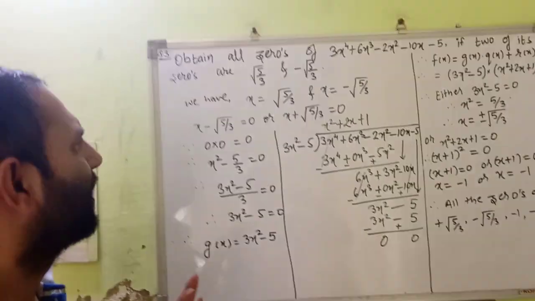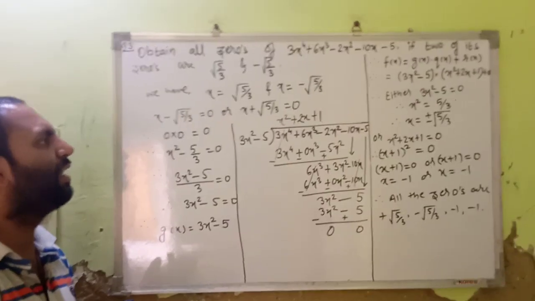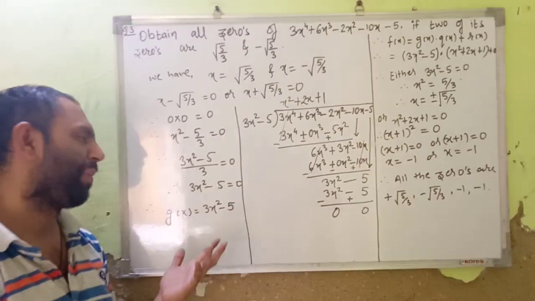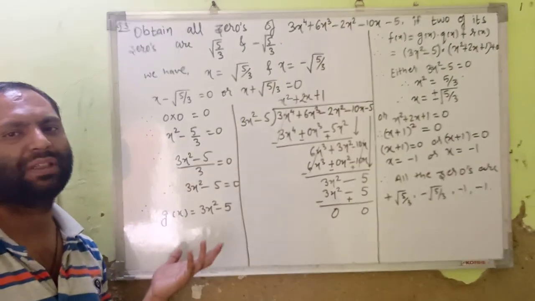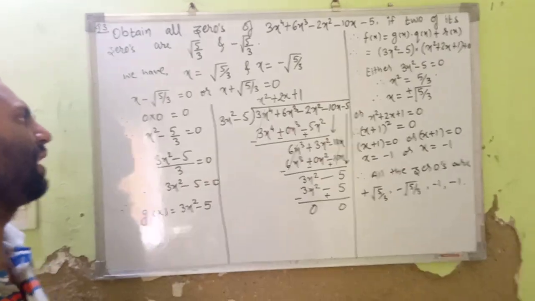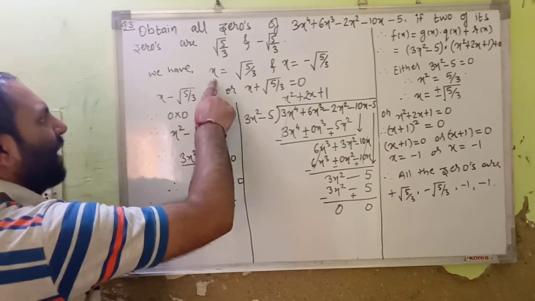Now this is a bit typical question and a 90% expected question in board examination from this particular chapter, which has appeared a lot of times. The same question as it is has appeared, or a question which depends on this has appeared. So what we are having, we are having the two values of x.